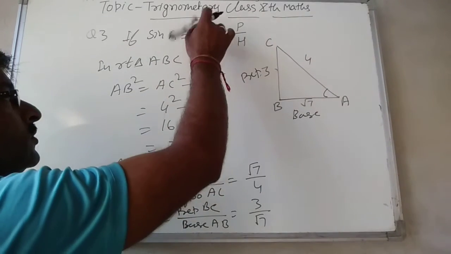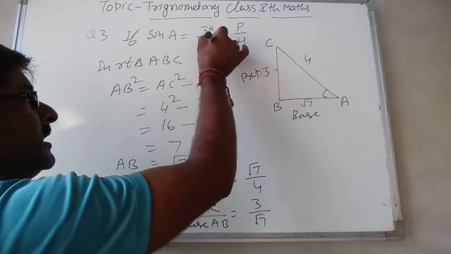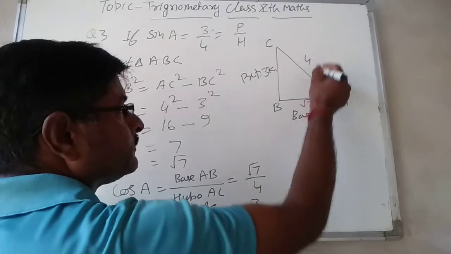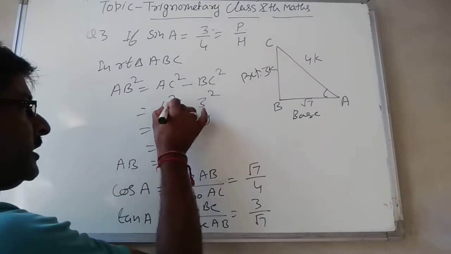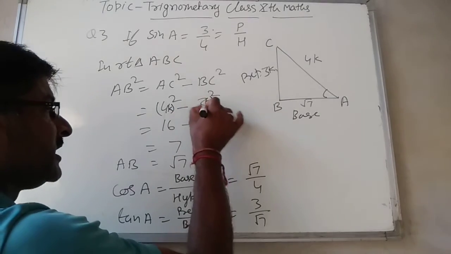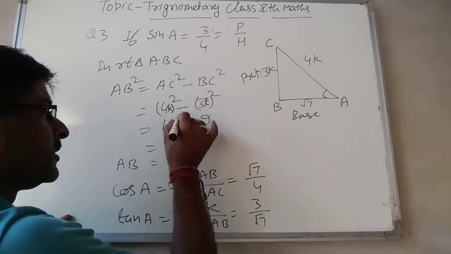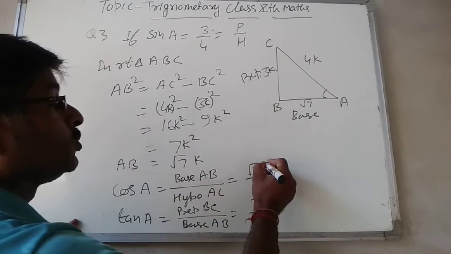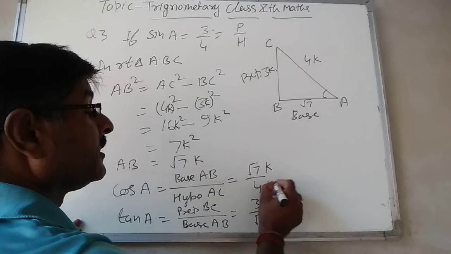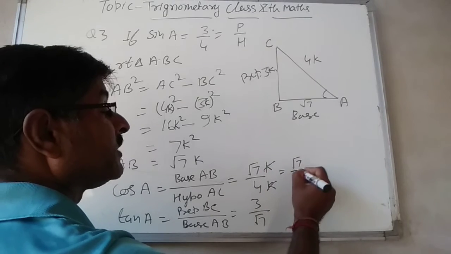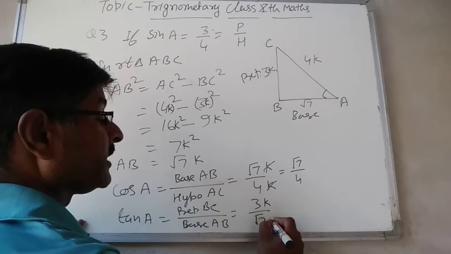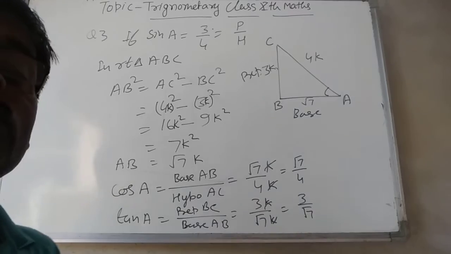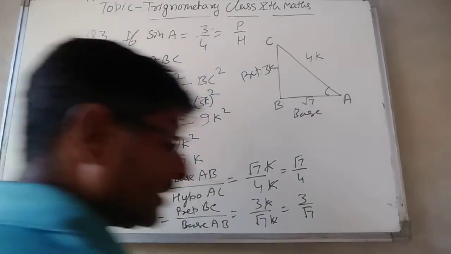This is the ratio, so we can take k with it. When you take k to separate them, then perpendicular becomes 3k, hypotenuse becomes 4k. So you can use k terms with them. Some teachers tell this, and it is also in the book, but there is no need to take k. So you will take the ratio root 7k upon 4k, k can be cancelled. At last you will get the ratio as root 7 upon 4. So no need to take k with this. Whatever your result is, that will be correct. Most of the teachers use it without k.